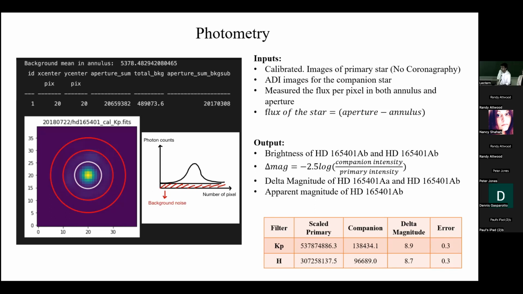And from that, we were able to calculate our delta magnitudes, and from those delta magnitudes, we were able to calculate our apparent magnitudes, which you can see in this little table over here in our KP and H bands. So for the delta magnitude, our companion is around 8.9 in the KP and 8.7 in the H band. And using this data,